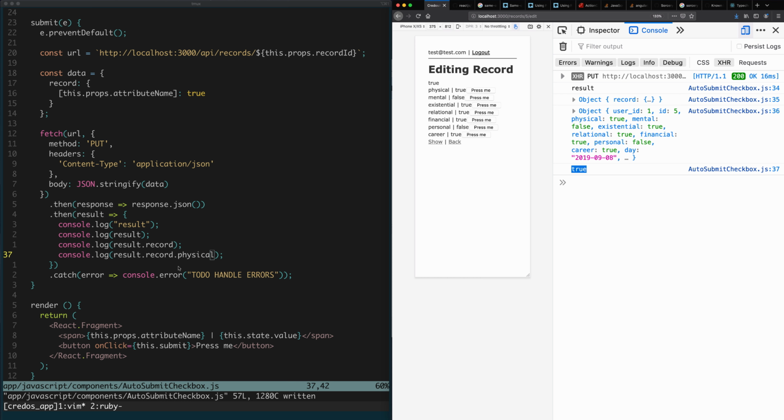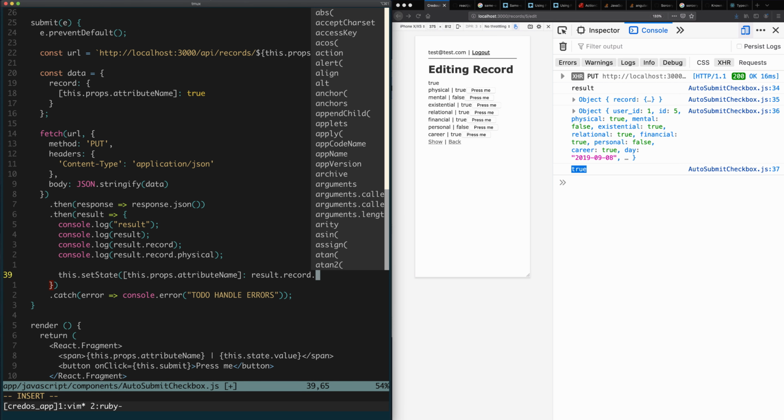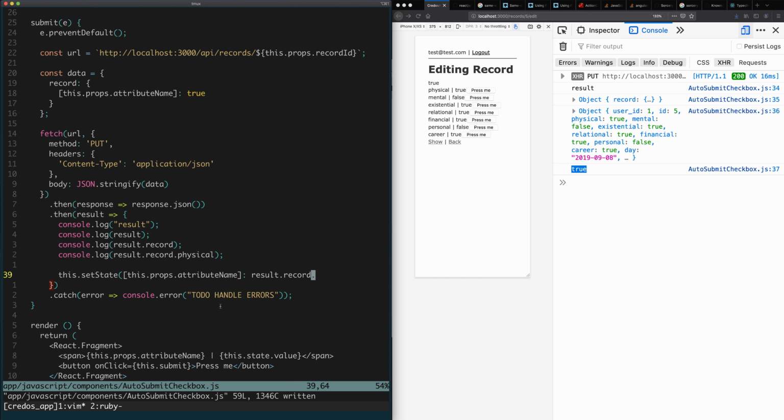Okay, so we did get true. So what we want to do is we want to say this dot set state, and we want to pass in this dot props dot attribute name, and the value is going to be result.record, and then I need to get